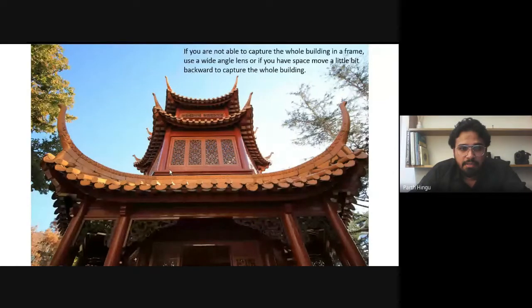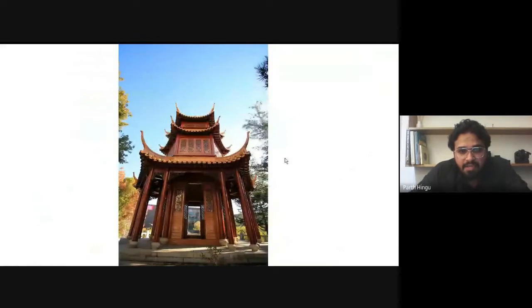So I used a 16 mm lens, which is the widest lens I had with me. I was standing underneath this structure, and I thought, why not capture the whole building? It was a small building, but to capture this area, I moved far away, and I could get the whole structure. So just go a little bit back, move forward, look for the details, what kind of detail you are getting. You can just click according to the layout.